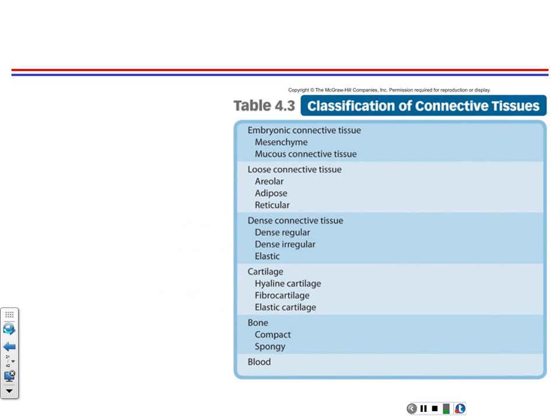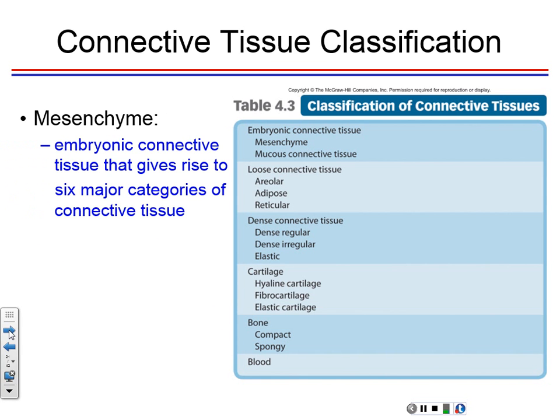Okay, because that's what we have the most of, and just a few cells. So, after fertilization, the germ layers are forming. The part of the germ layers that will form the connective tissue starts as mesenchyme. So mesenchyme is the mother of all connective tissue. It's embryonic connective tissue that will give rise to all six connective tissues. All right. So one will be the embryonic connective tissue itself, made of mesenchyme and mucous connective tissue,